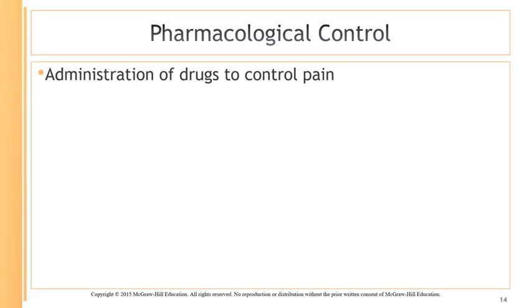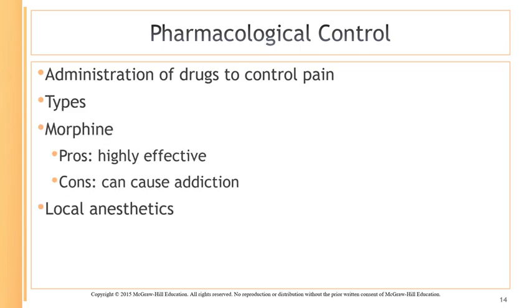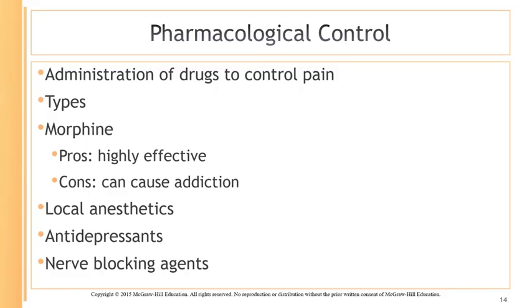So the most traditional and common method of controlling pain is through pharmacological control, and that is the administration of drugs to control pain. The most common and popular painkiller used is morphine, and it's highly effective, but it also can cause addiction. Patients can also build up a tolerance to it to where it no longer works. There's opioid medications that are widely prescribed for chronic pain, but they also do have the side effects of addiction, and then the effectiveness of it, as good as it is, can raise cautions about its widespread use.